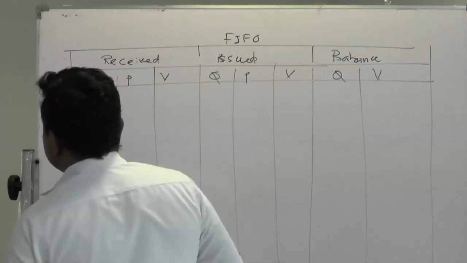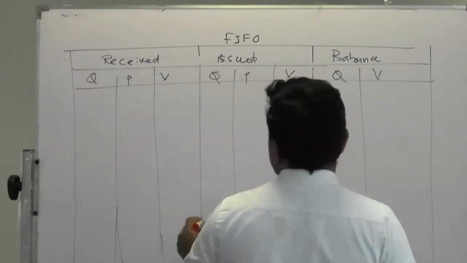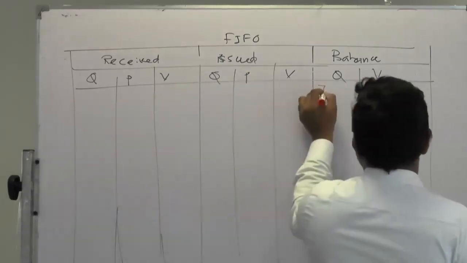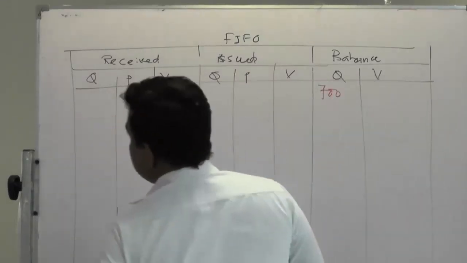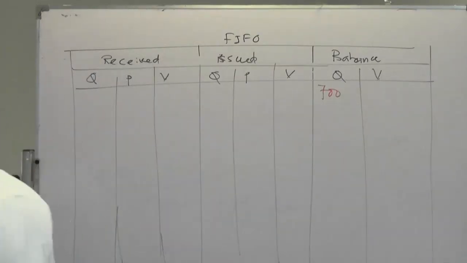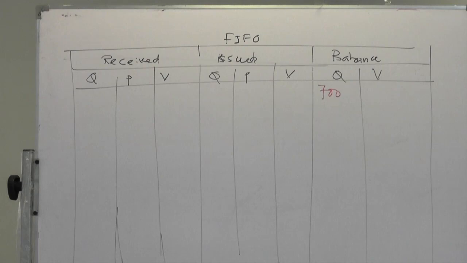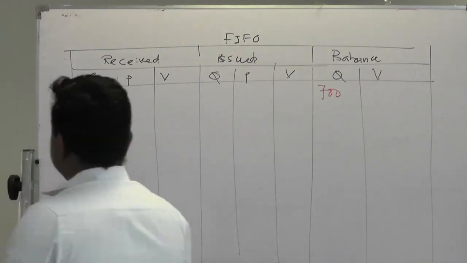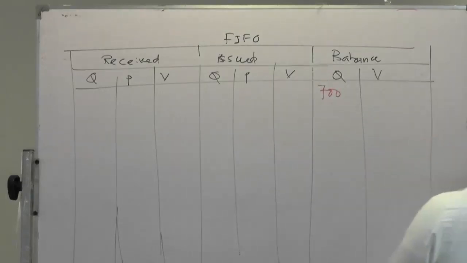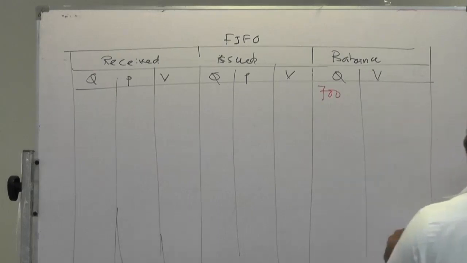At the beginning, they had the balance, right? They had the balance of 700 quantity, value 190 each. Then 700 quantity, right? 190 each, 700 multiplied by 190, therefore value will be